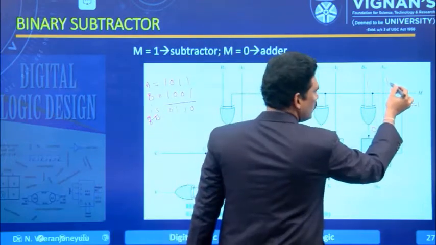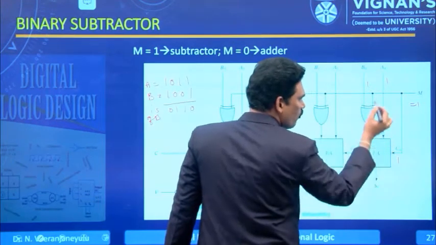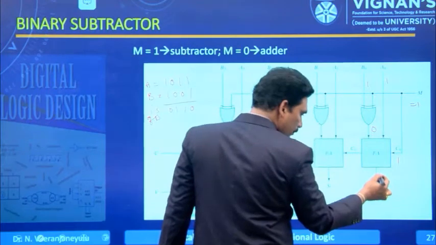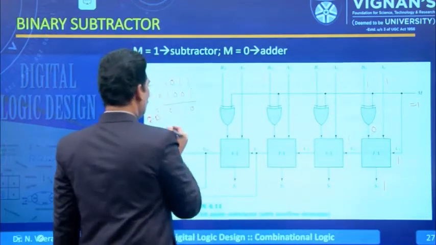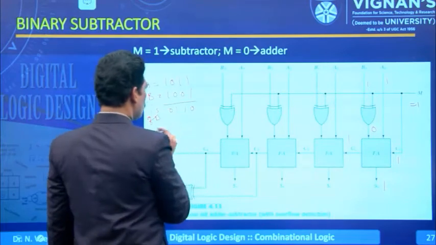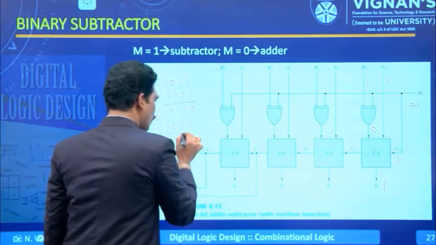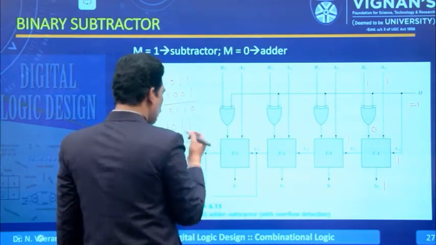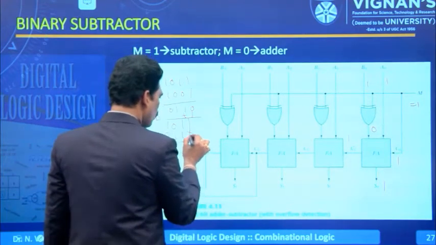So this is 0 and this is 1. 1 plus 0 is 1, 1 plus 1 is 1, 0. Sum is 0, sum is 1 and carry is also 1. Is it right? So the 1's complement is there. How to perform addition? 1, 0, 1, 1 and this is 0, 1, 1, 0. We are performing this and adding 1. See, we have to add 1 now. This is the 2's complement. So this is 1.